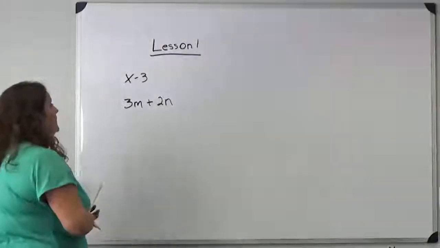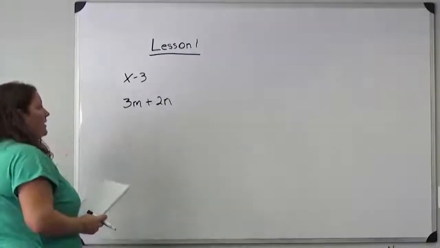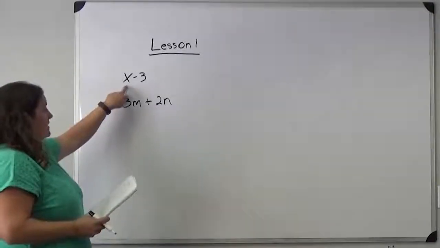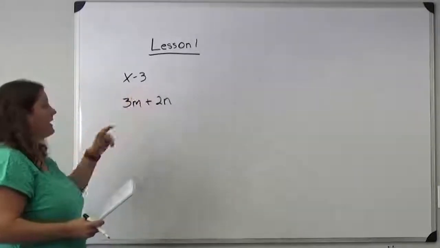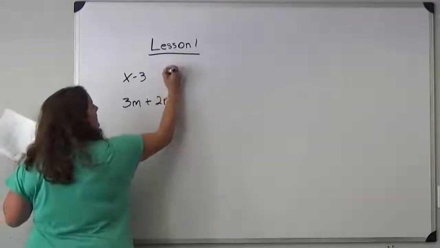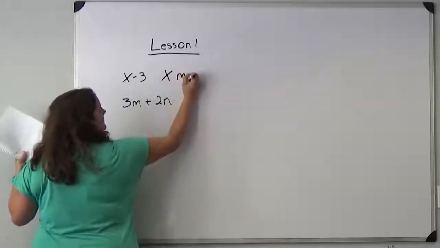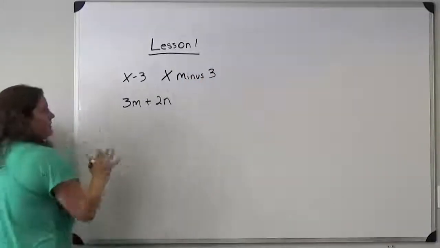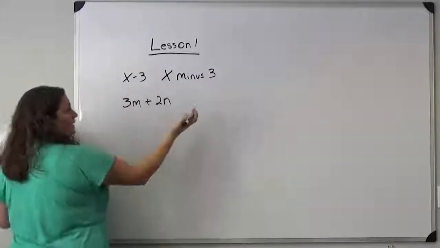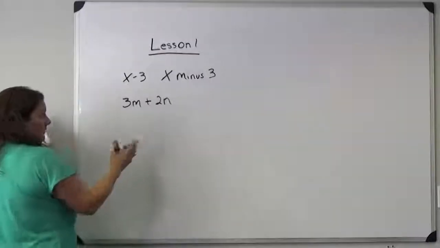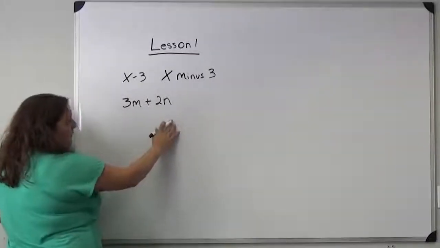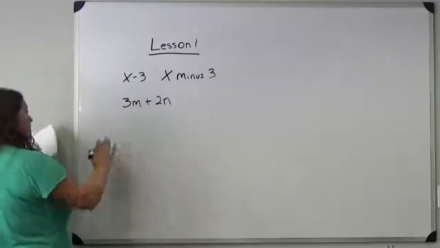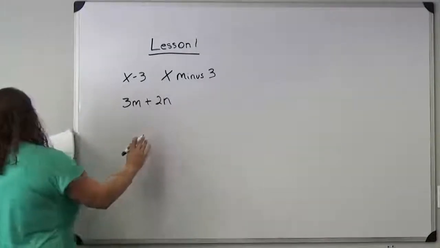This lesson is asking you to describe what an equation actually means. So if you have an equation that looks like this, it can be written out as x minus 3. So it's just asking you to look at the equation and tell us what it actually means. It gets a little bit more complicated when you have more than one variable involved or more than one thing happening at once. So with this equation, what you would write is